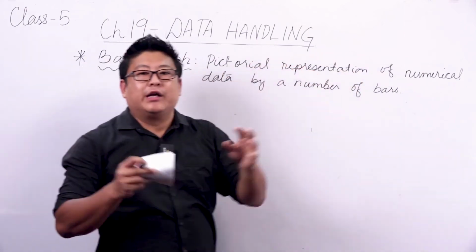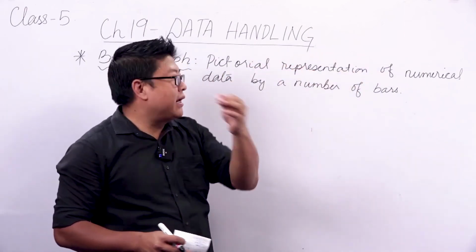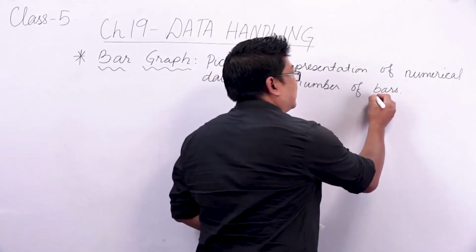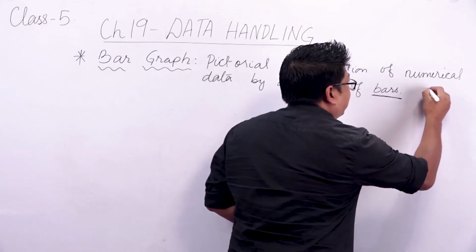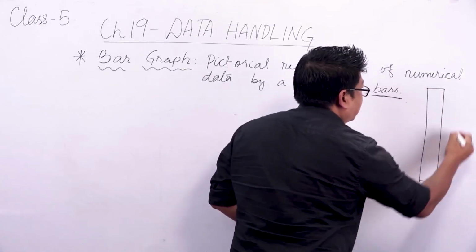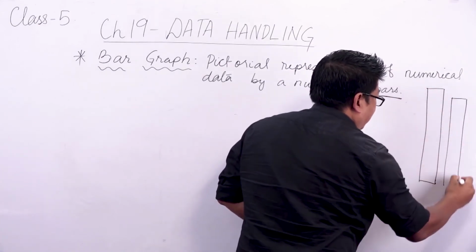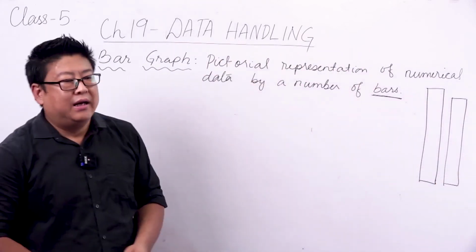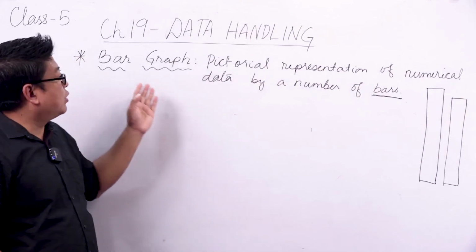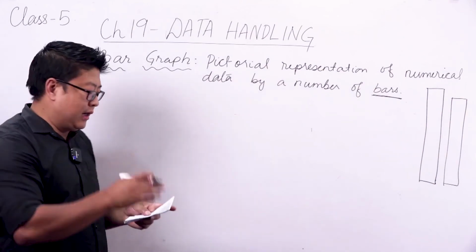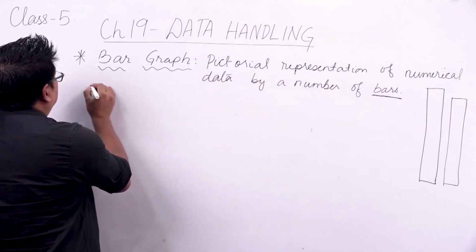With pictures, you will represent numbers by a number of bars. This word bars will indicate this type of bar. We are talking about this, strips or bars. Okay, we will be using these pictures in graphs, in the representation of bar graph. So we will learn about that with an example. For example,